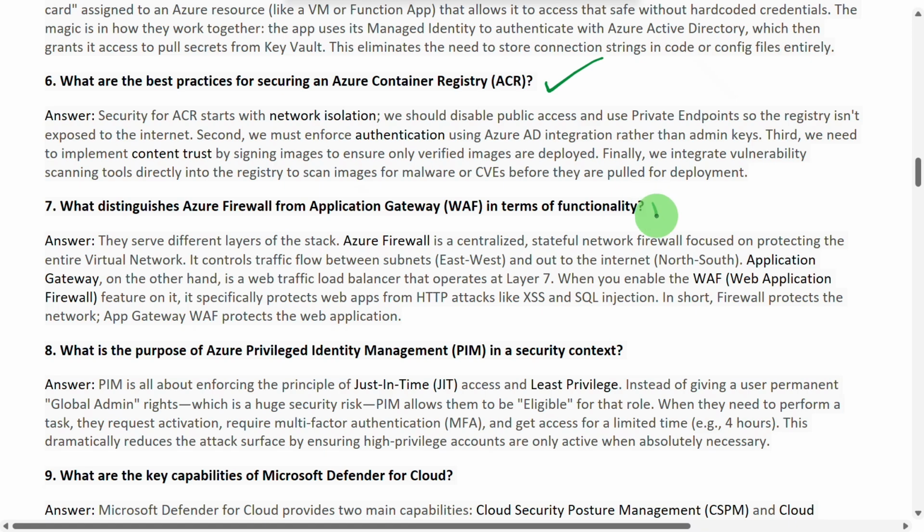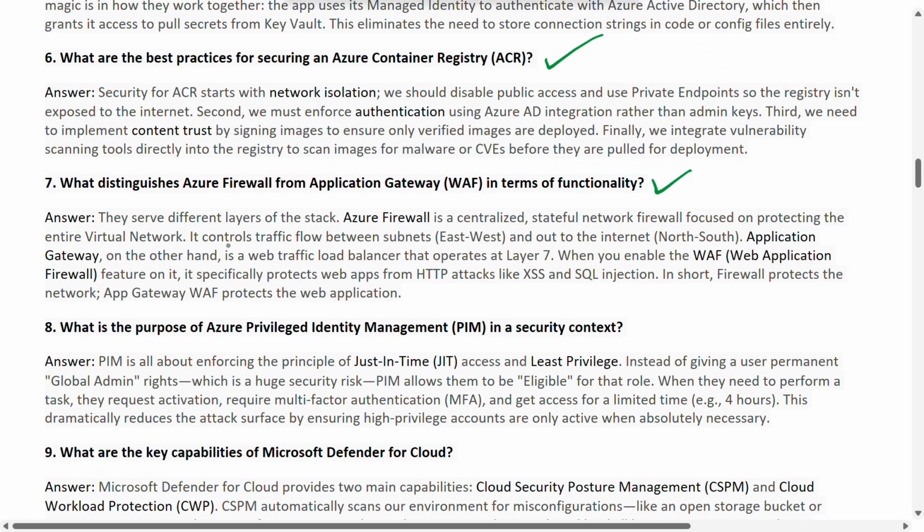And moving to the seventh question, what differentiates Azure Firewall from Application Gateway (WAF) in terms of functionality? So Azure Firewall, Web Application Firewall, they both serve different layers of the stack. Azure Firewall is a centralized, stateful network firewall focused on protecting the entire virtual network.